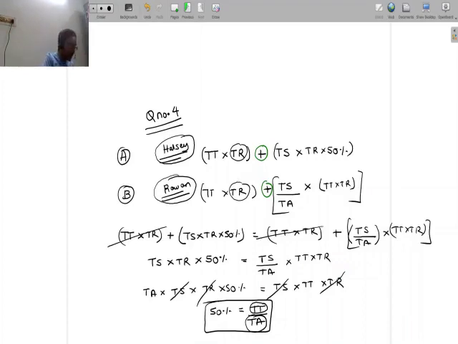So that's not going to be the case when anything is different. If it's going to be 60% or 40%, any different percentage, it's not going to hold true. Only if the time taken is 50% of the time allowed, there is a 50% savings, then Halsey and Rowan will give you the same result.